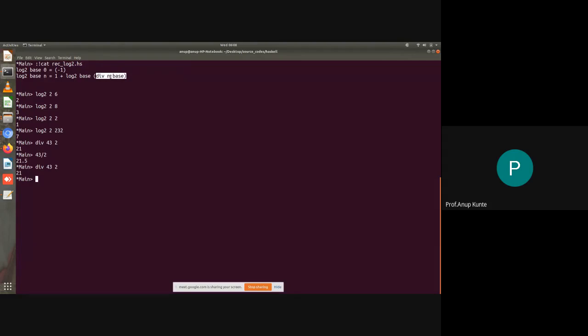Here I have used a base, so instead of 2 in log 2, I can use 3, and if I use, say, 9, you'll realize that I'm going to get 2. So I can change the base of this particular system. I can have this as 4, and I can have 64 to return 3, because 64 is 4 raised to 3. So log of 4 raised to 3 to the base 4 is 3 times log 4 to the base 4. Log 4 to the base 4 is 1. So 3 into 1 is 3. That is how we are computing. So we are generalizing this. Although I've named it log 2, it is actually generalized.